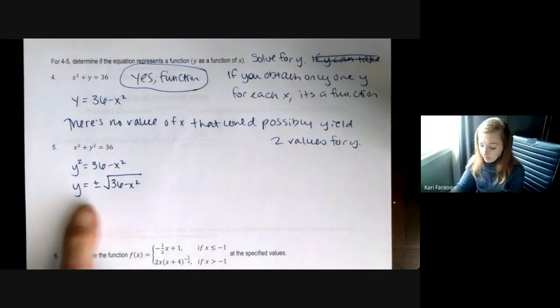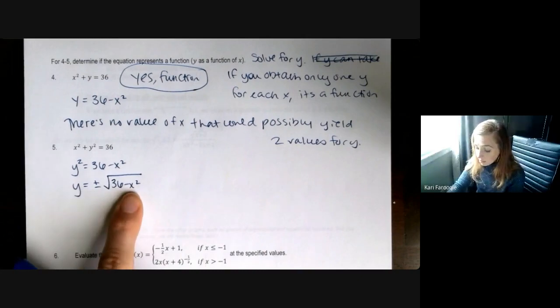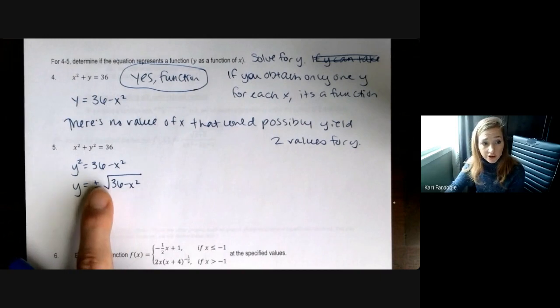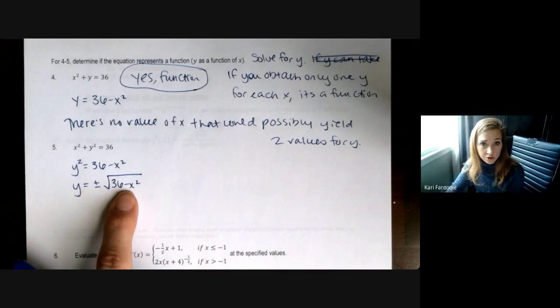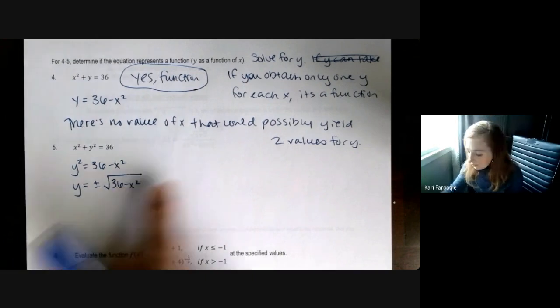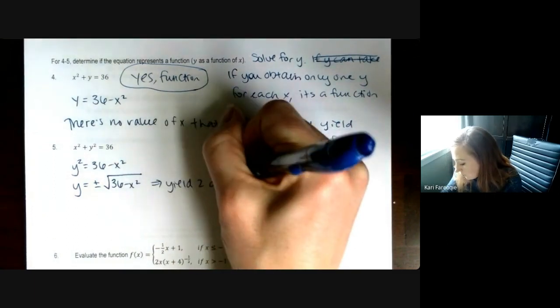Now, this is a very obvious case of when you have an equation that does not represent a function. I can plug in a value of x, and yeah, there are specific values I could find that would only yield one y, but in general, any value of x that I choose will actually pop out two values of y. If you think about, well, let's let x equal 1, the square root of 35 and the negative square root of 35 are two different values. So this will yield two different y's